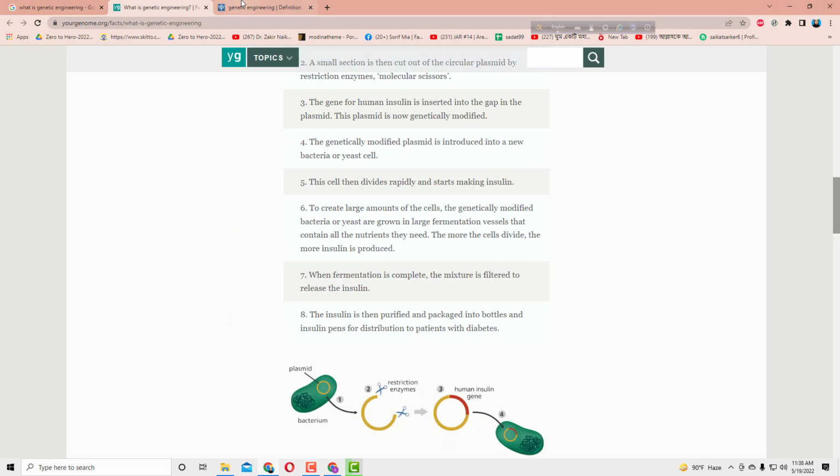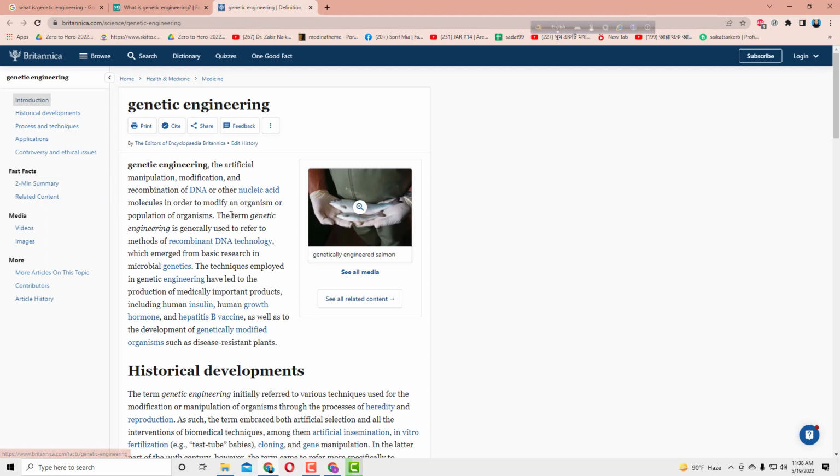আমরা এই ব্লক থেকে সাইডে নিলাম। এখন এখান থেকে আমরা দেখবো আসলে জেনেটিক ইঞ্জিনিয়ারিং কি। জেনেটিক ইঞ্জিনিয়ারিং ইজ দ্য আর্টিফিশিয়াল ম্যানিপুলেশন, modification, recombination of the DNA or other nucleic acid molecules in order to modify an organism or population of organisms. The term genetic engineering is generally used to refer to the method of recombinant DNA technology, which emerged from the basic research in